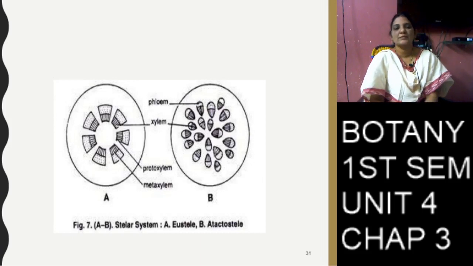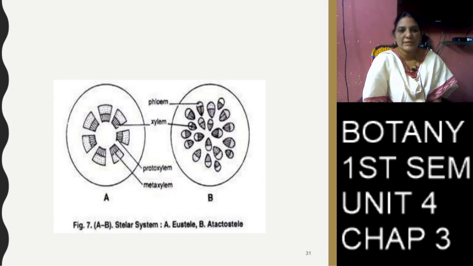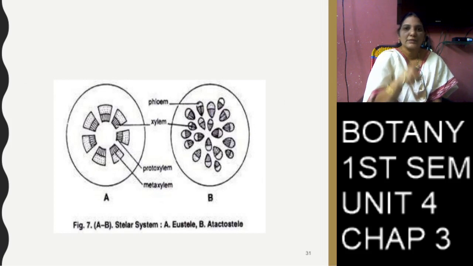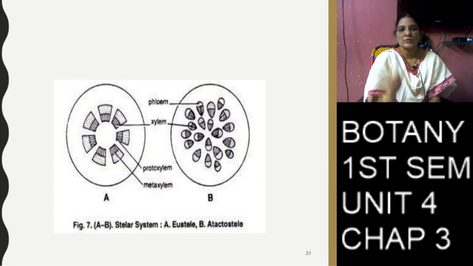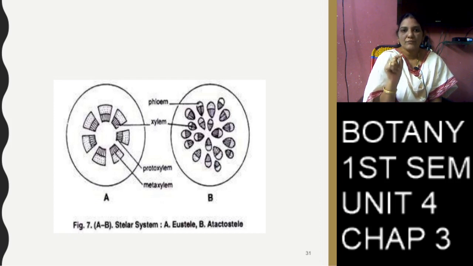So we can see the first diagram. So the first diagram, the vascular bundles. So here the vascular bundles have xylem and phloem. So the middle part is called medulla, and the vascular bundles are arranged in a round shape structure. So one ring-like structure. So here we can see the first diagram, only one ring is there.